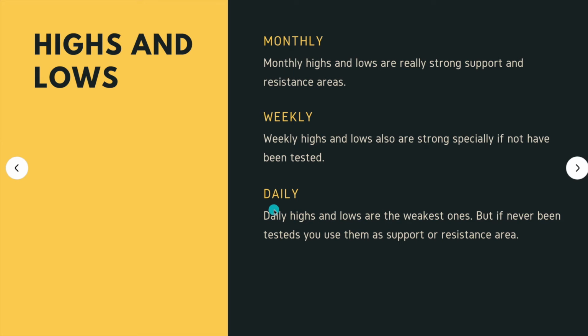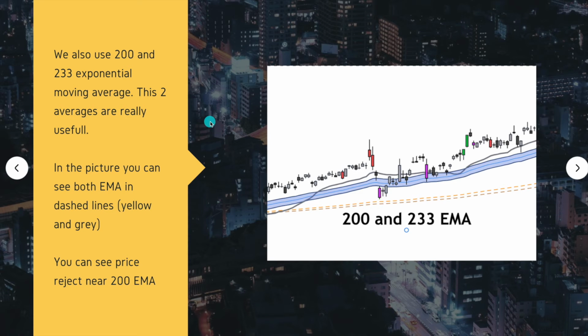Daily highs and lows are not as strong as weekly and monthly, but you can see some daily highs and lows work as a resistance or a support, especially if not tested before. We are also going to use in the PVSRA strategy